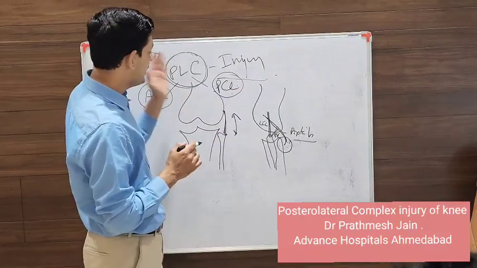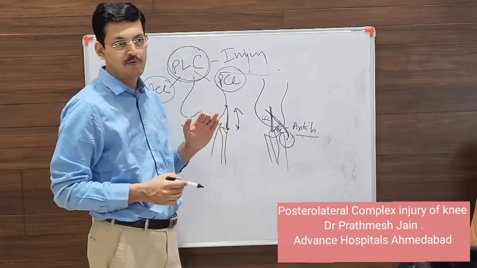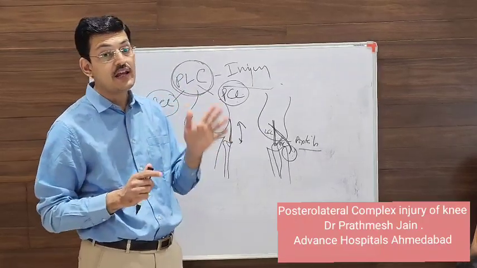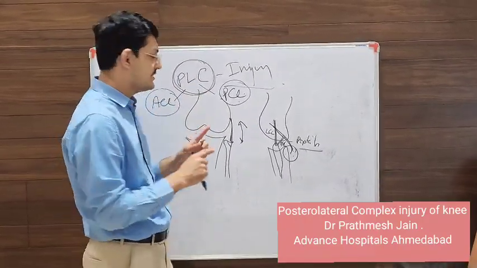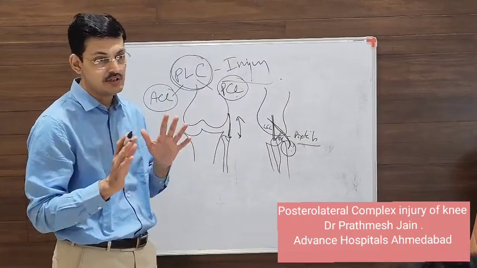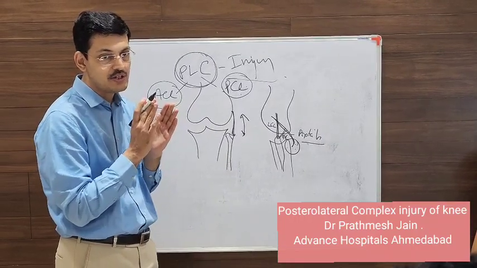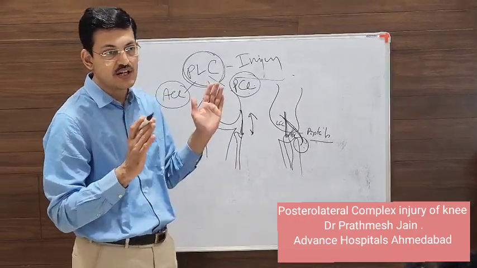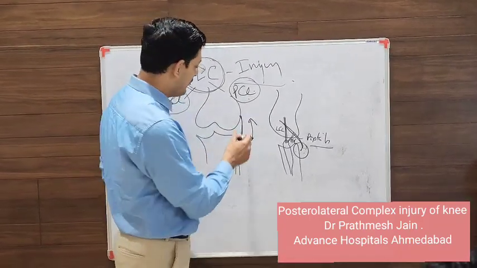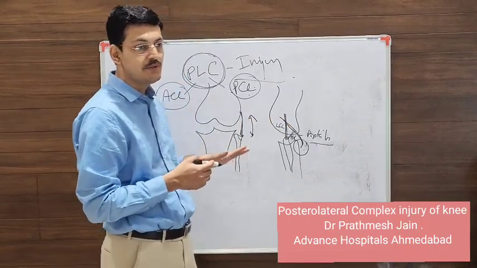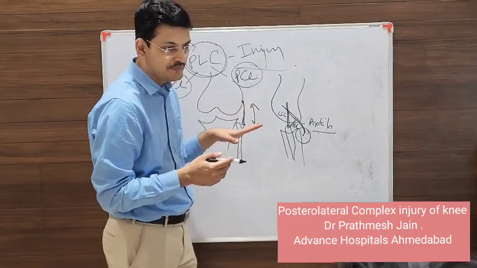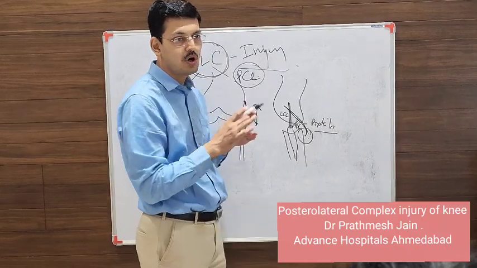Whenever there is a significant PLC injury with an avulsion type of pattern, you should always rule out a popliteal nerve injury. It is very common, and if it is there, it is a poor prognosis injury because it is a stretch injury to the nerve and usually it is not recoverable. It will not recover easily. So it's a difficult injury to treat, and you have to explain to the patient that the chances of recovery are less. Whenever I face this kind of acute scenario with a PLC avulsion with a popliteal nerve injury, we always do a nerve exploration along with the PLC, and the majority of the time I have seen that this nerve will not recover.